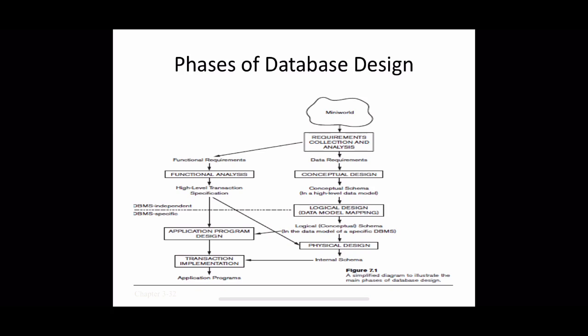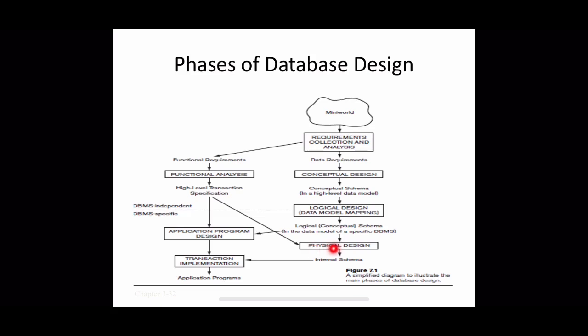Once the conceptual schema design is complete, the next level is the actual implementation of the database using a commercial DBMS. Most current commercial DBMSs use an implementation data model like a relational model or object relational database model. So the conceptual schema is transformed from the high-level data model into the implementation data model. This step is called logical design or data model mapping. Its result is a database schema in the implementation data model of the DBMS. This can be either automated or semi-automated within the database design tools.